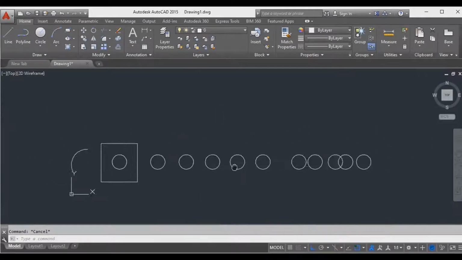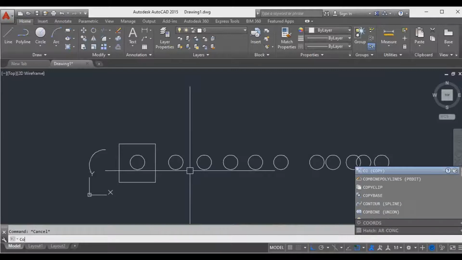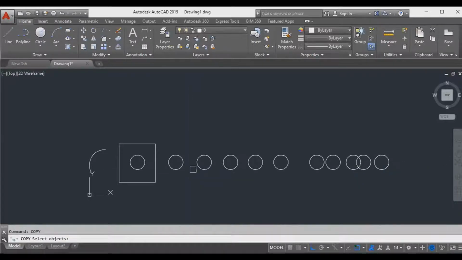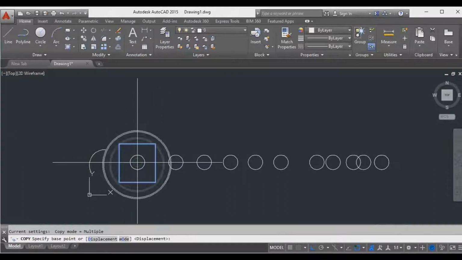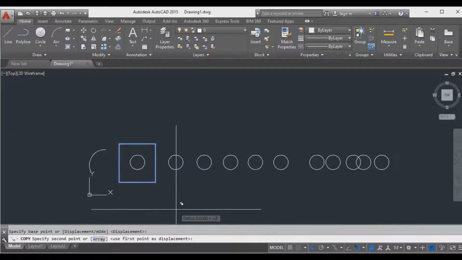I will do one more time for you to understand. COPY, enter. Then you select the object. Now I choose the cross window to select the square only. After enter, now I'm not going to choose the center. I'm going to choose a place here as my base point. I click my mouse, then move.